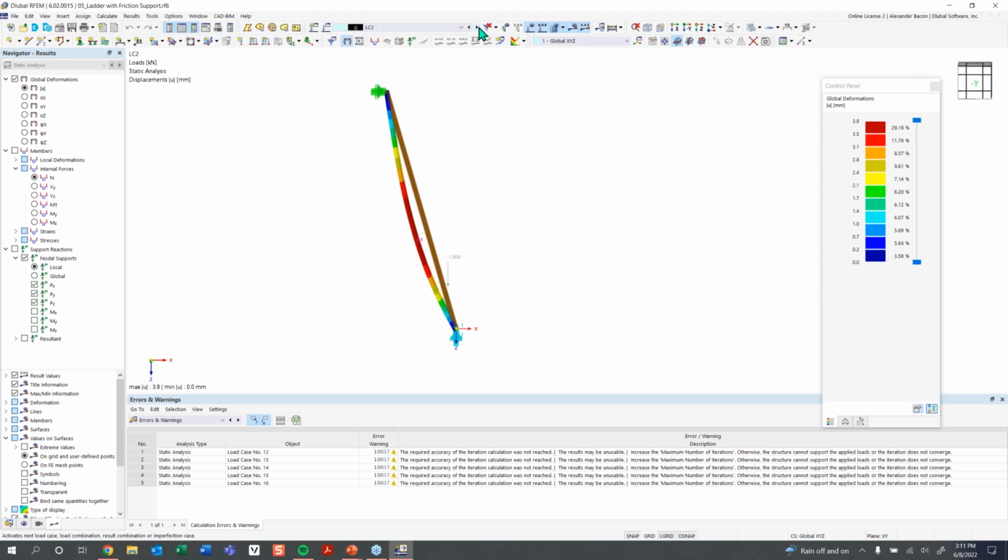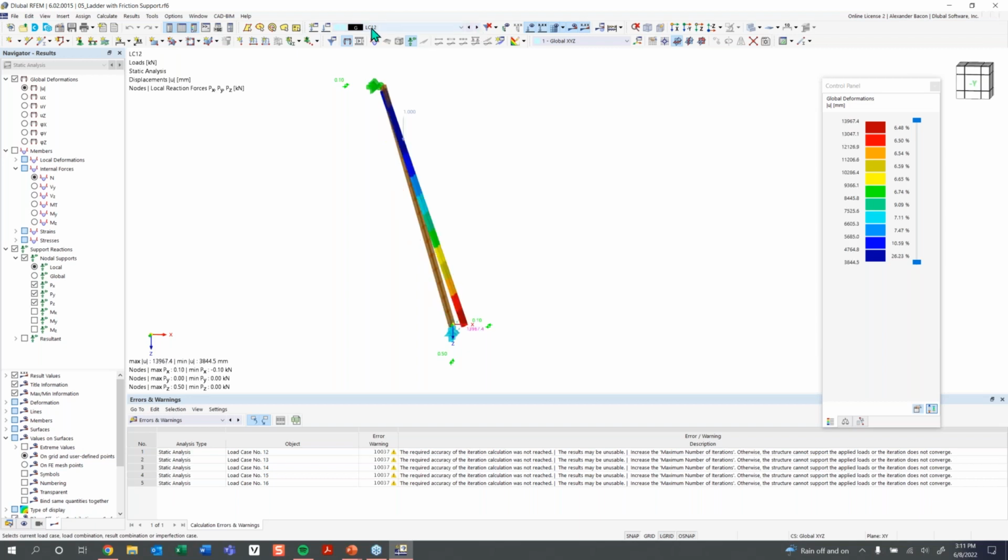But as we go to our next load case, as the force starts to go upwards, we can turn on our support reactions and see what our force is in the x direction. You can see we're at 0.03 here, and 0.5 here for the normal force. As we increase our loading higher and higher, that reaction in the x direction keeps increasing: 0.05, 0.06, 0.07, 0.08, 0.09, and boom, at load case 12